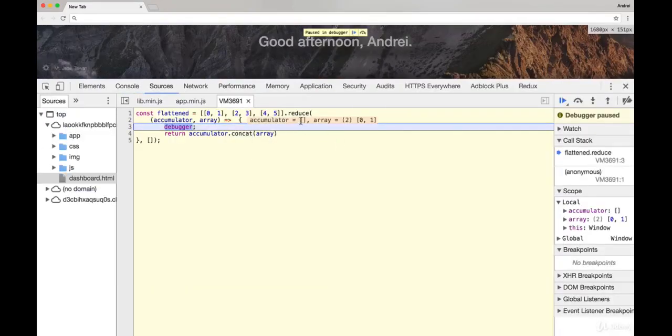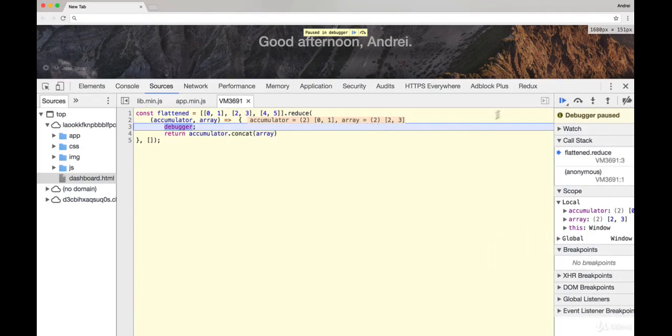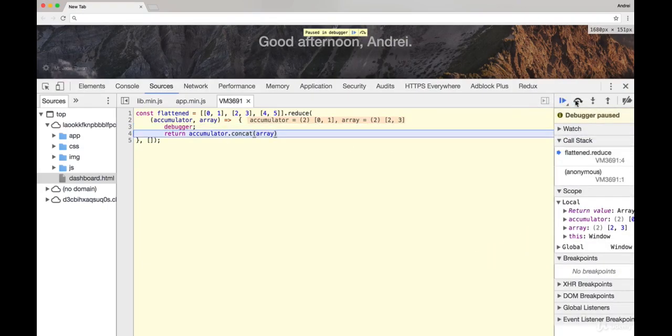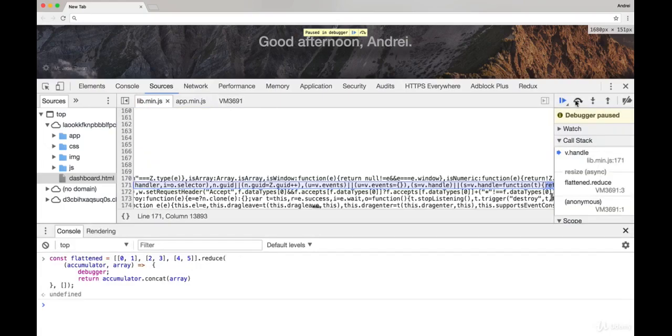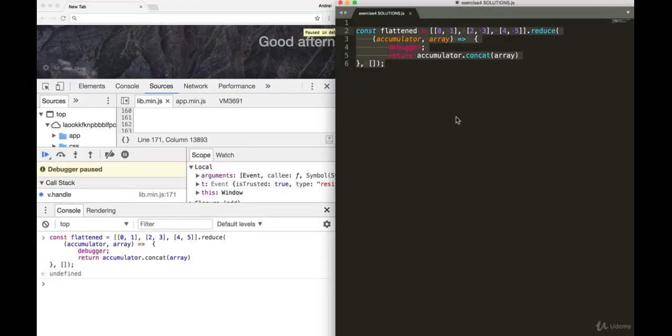All right, so array is 0, 1, accumulator is an empty array. I'm going to step through. That changed. Accumulator is now 0, 1, array 2, 3. And I keep stepping through and I notice exactly what's happening in the code. And when it's done executing, it returns. And look at that. We have our console back. Isn't that cool? Debugger allows us to literally go into the function and see what happens step by step. As I return this to the way it was,